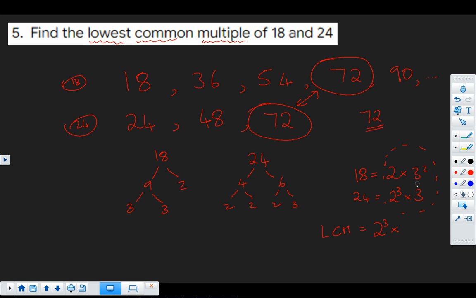And my 3s, my biggest power is 3 squared. I don't need to worry about this one because it's included in here. So the answer for my lowest common multiple is 8 times 9, which again is 72. Nugget to go and practice on there is